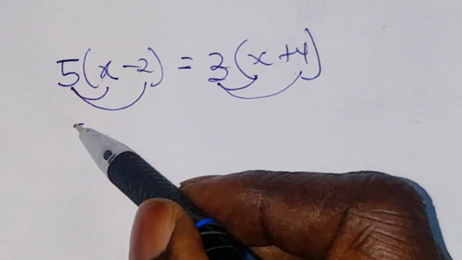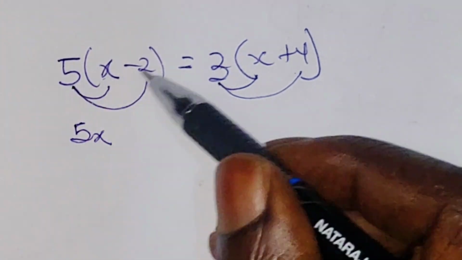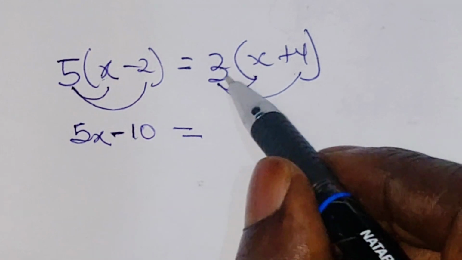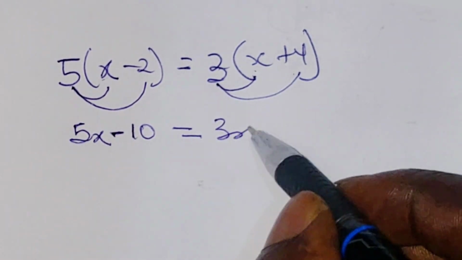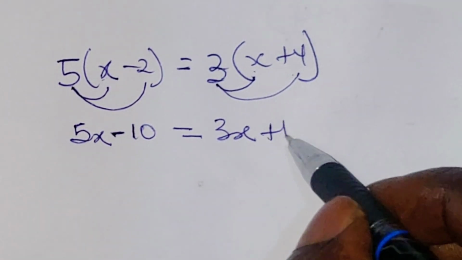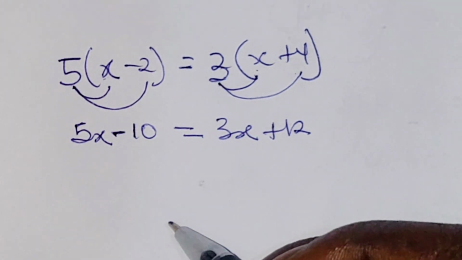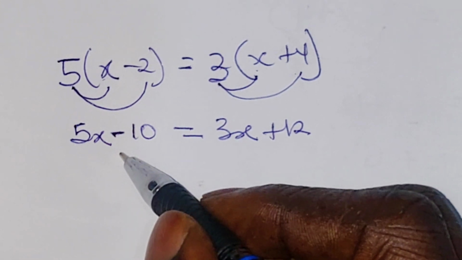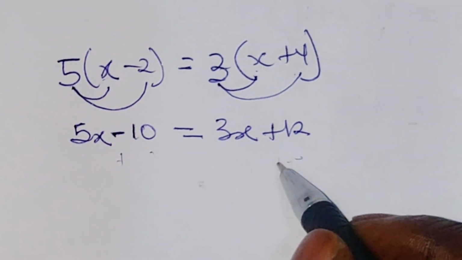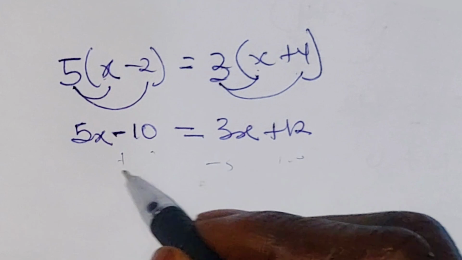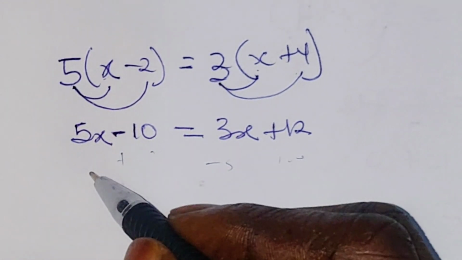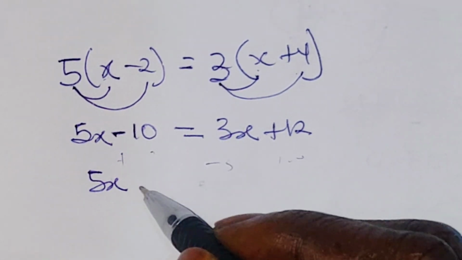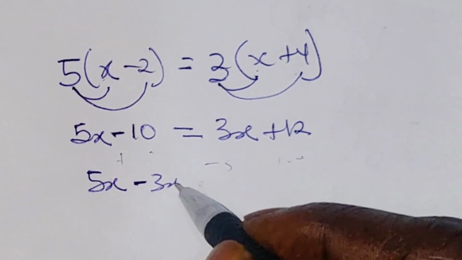So what do we get? When we multiply 5 by x, we get 5x. Multiply 5 by negative 2, we get negative 10. Then we multiply 3 by x, we get 3x. Then 4 times 3 is 12. Alright, so from here we can also group like terms. Either you add 10 to both sides and you take away 3 from both sides. If we do that, we're going to group like terms, all the variables on the left and the numbers on the right. So we can get 5x - 3x,